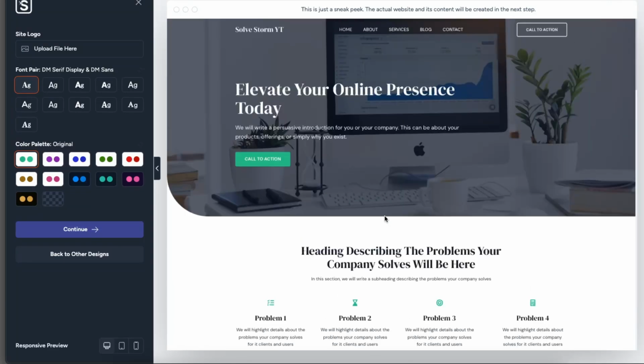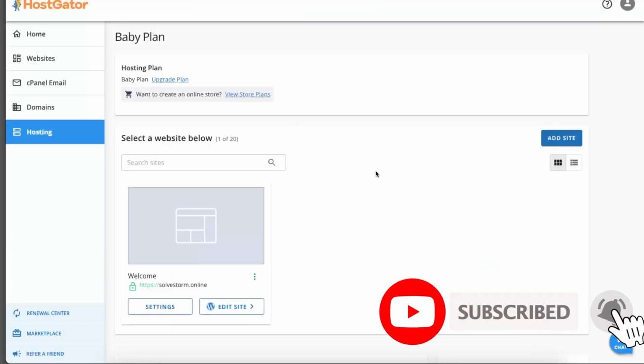And that's pretty much it, guys. It's really simple to build a website with AI. And this was a tutorial on how to build a